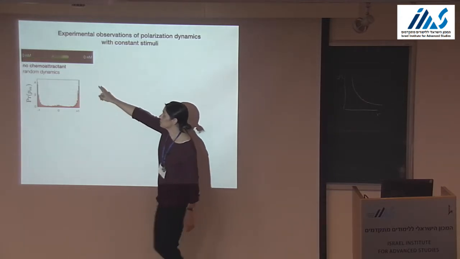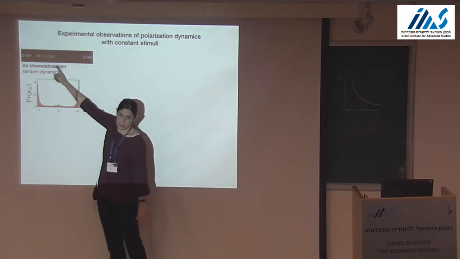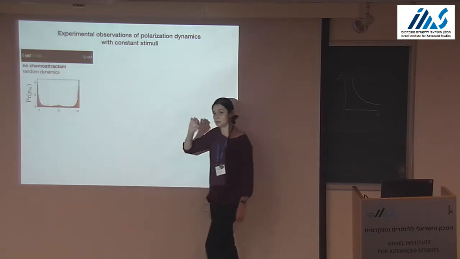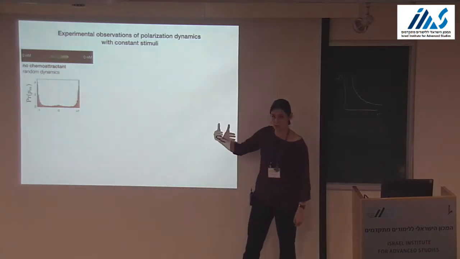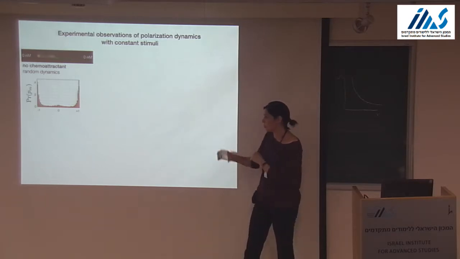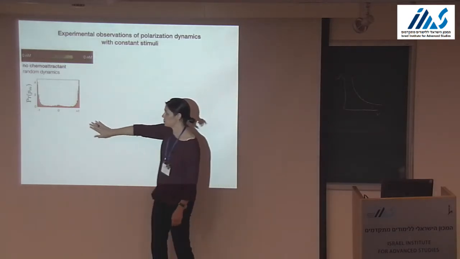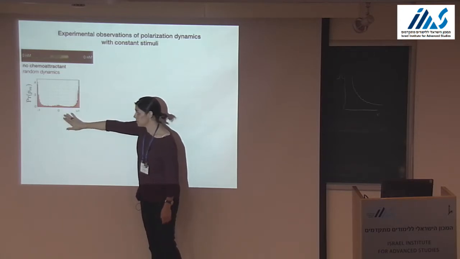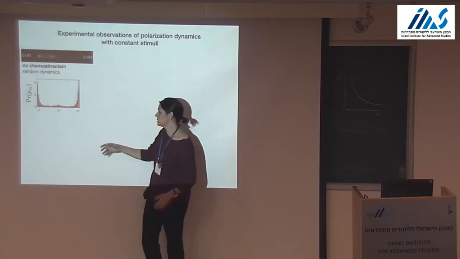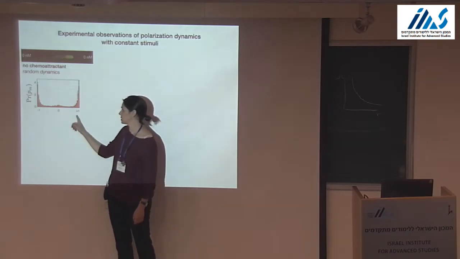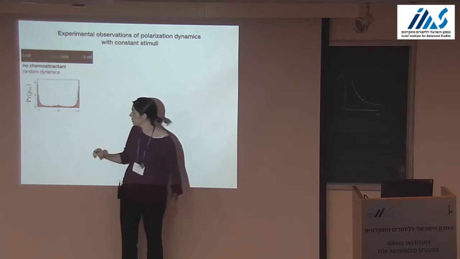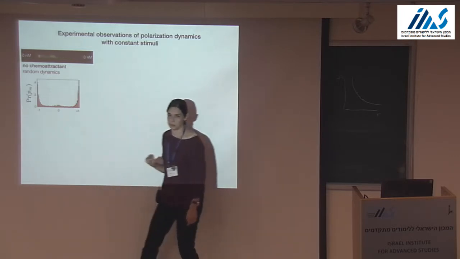And remember that we have the polarization state, PM, the polarization state of the membrane, how localized this fluorescent marker is as a function of time. We have many such trajectories. So now I can chop up these trajectories and create a probability distribution of this variable. And we see that, as expected, we have two symmetrical peaks around the polarized states, +1 and -1, right and left, and a smaller peak around the unpolarized state.